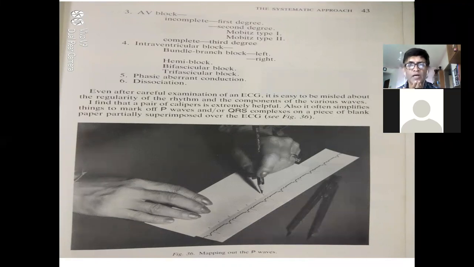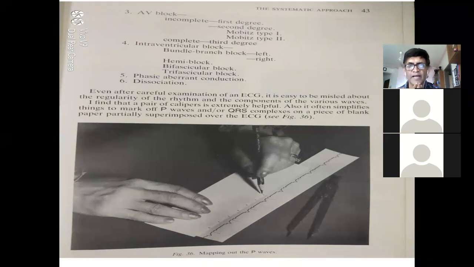It should be equal, it should be more, or it should be less. The number of P waves should always be equal to R waves. Because on the ECG paper, there are 8 P waves and there are only 4 R waves. What does it tell you? Extra systoles. Either there are 4 extra P waves or there are 4 fewer R waves.